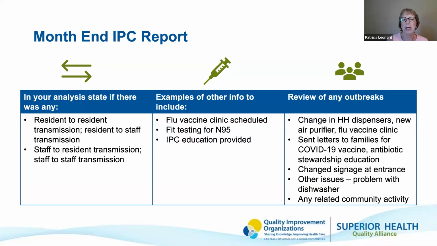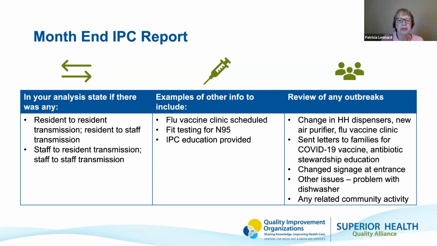When you do your analysis of your infections, you need to talk about, was there resident-to-resident transmission? Was there resident-to-staff transmission? Staff to resident, staff to staff, especially during COVID. That was really, really important when we identified where the source of our infections were and how the spread occurred. You can also mention, in a summary or a little bullet point addendum to your report,